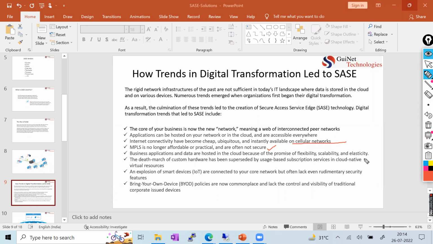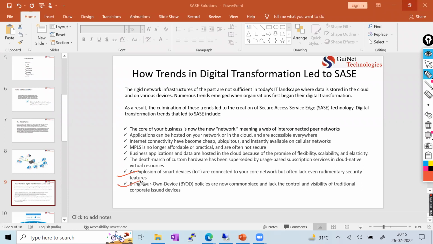At any time, if you want to increase the capacity of the application, you can just increase the size of the data center. They are also very flexible for load balancing. A lot of features, like IoT devices, are increasing day by day, the smart devices, so this should also be very intelligent. Your network should understand their requirements, and based on those requirements you can connect with your SASE network, which is also going to help with digital transformation.